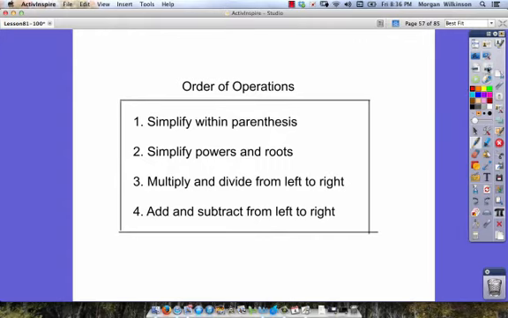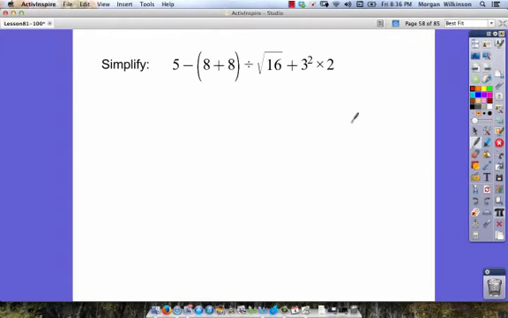Let's look at a couple examples. Here we want to simplify 5 minus (8 plus 8) divided by the square root of 16 plus 3 squared times 2. So our first step, if you look in your notes, what's the first step? Well, the first step must be everything within parentheses. So we're going to say 8 plus 8. That's 16. We're going to get 5 minus 16 divided by,